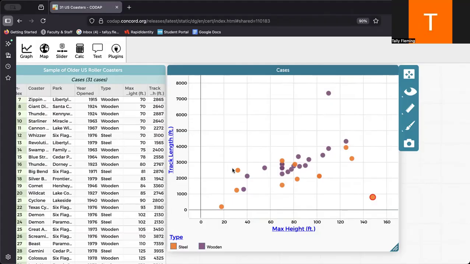Using CODAP allowed me to explore this dataset dynamically rather than just a graph on pencil and paper. I was able to sort the data, create graphs, add statistical measures, recolor by type, and examine relationships between variables. Based on the sample, older US roller coasters tend to be around 80 feet tall, with wooden coasters showing more consistency, and steel coasters showing greater